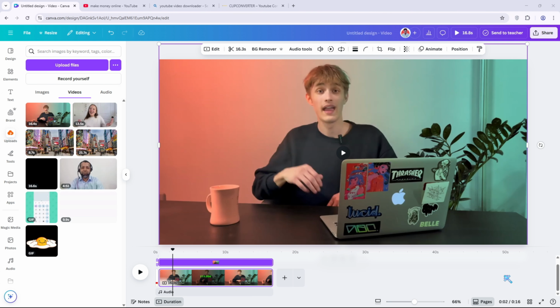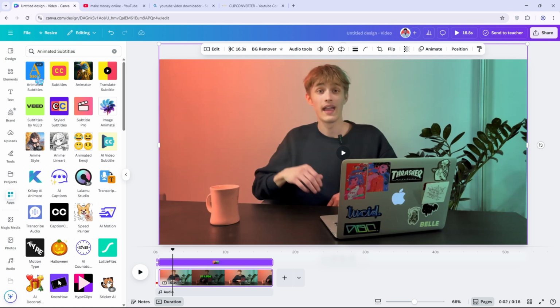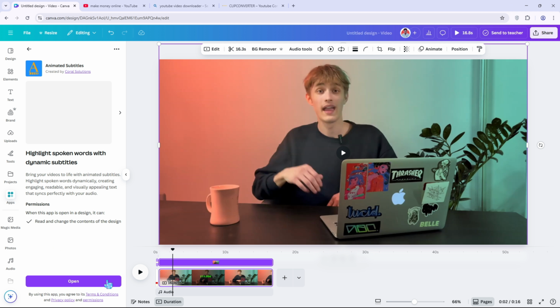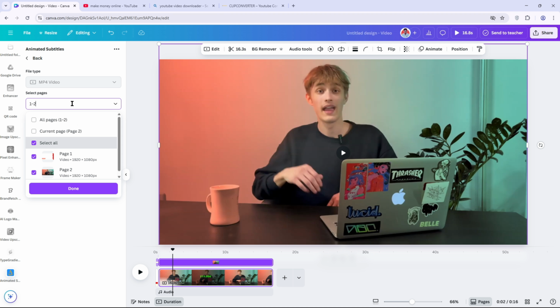First, open the video on Canva editor. Then click on Apps. Now search for animated subtitles and choose the first one. Now click on Open and click on Start. Now choose your page